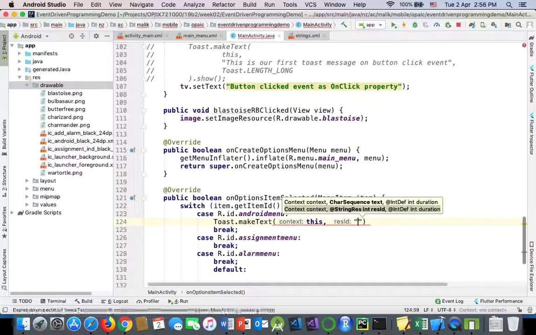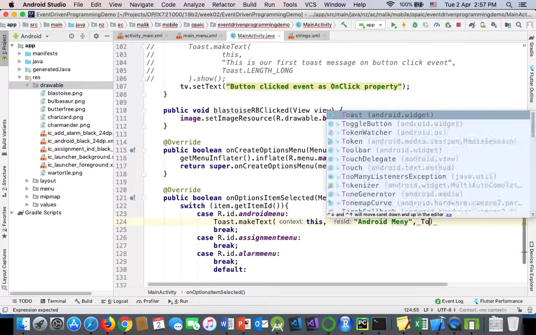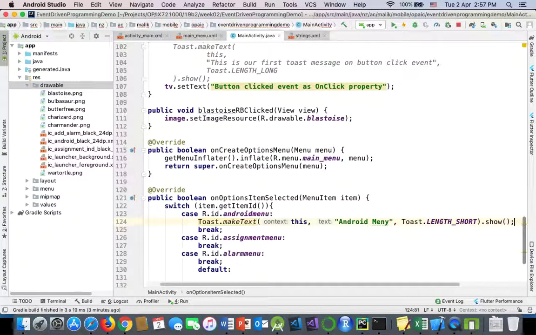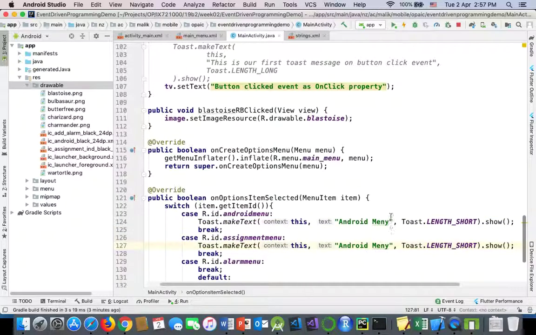I will just, this is our Android menu, and then we have Toast dot short and dot show. So let me copy these things here. It's not many, it's menu, and then we have assignment,